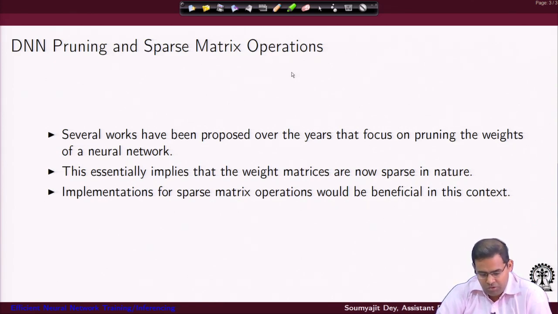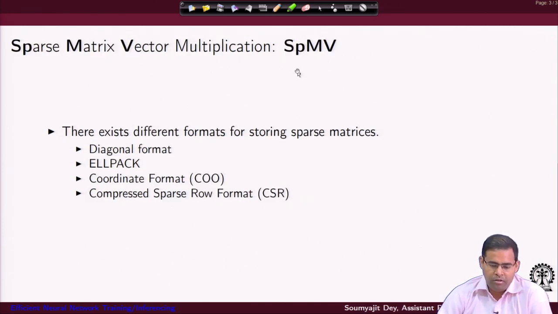So implementations for sparse matrix operations are very beneficial in this context, and the particular algorithm we will be talking about here is sparse matrix vector multiplication. You have a sparse matrix and you are multiplying it with a vector. That is also an important operation inside the neural network. In short form this is known as SpMV.